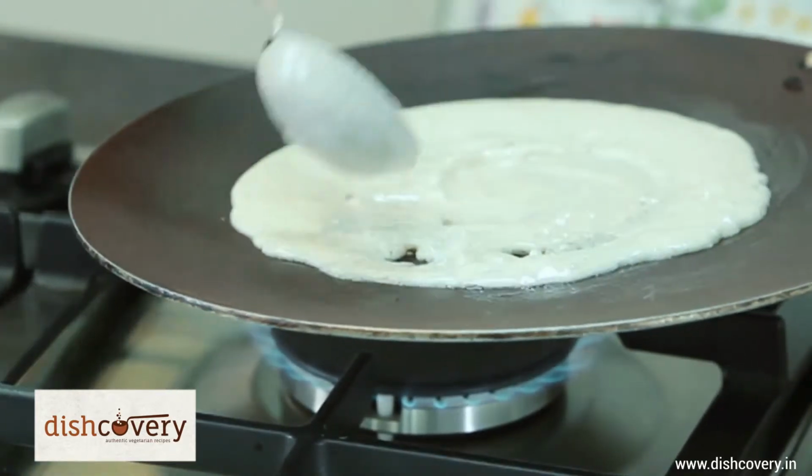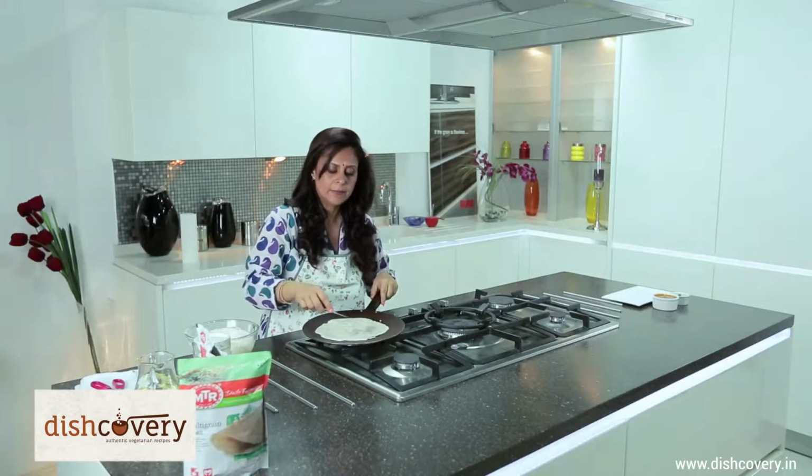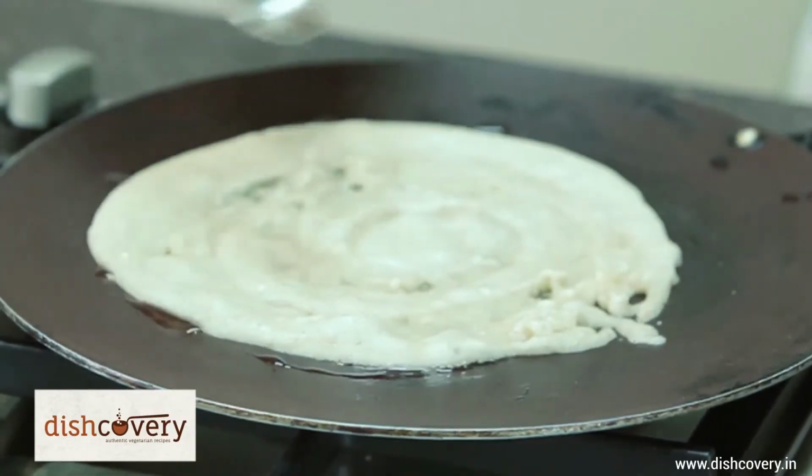You know, the batter of the multigrain is different from the normal rice batter, because it has a mixture of grains. While the normal dosa's main ingredient is basically rice, this one's far healthier because it has barley, ragi and oats. I'm just greasing it a little bit so that I can toss it. Some people like their dosas one side cooked, but I like to flip it over because I like a really crispy dosa,